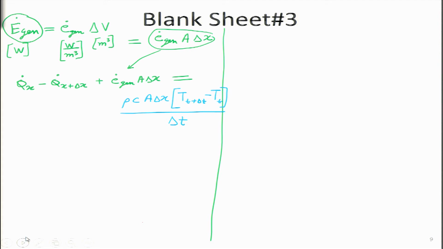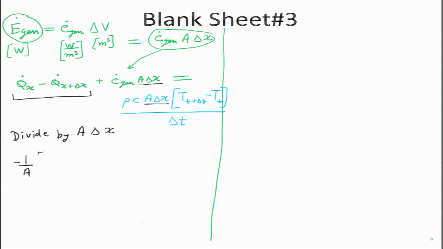Now, this is starting to look like a partial differential equation. What we are going to do next is divide this whole equation by A delta x. Why are we dividing it? Because we are seeing those two common terms coming out over here. I will do two operations simultaneously, so watch it carefully. I will divide it by A delta x also, and I will do the subtraction as well. Let me see if I do it correctly.